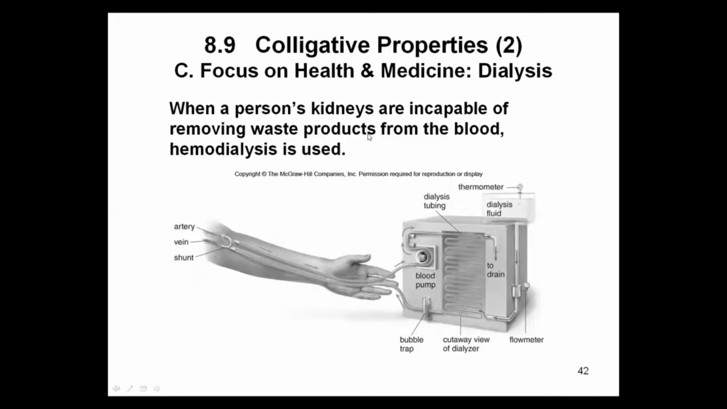When a person's kidneys are incapable of doing that, then they obviously go through a process known as dialysis, where a machine does that for you. So that filters out the waste products, if you will, and then puts the blood back in. As you can see, it goes out, goes through the machine, does the dialysis part for you, gets rid of the waste products, and then it goes back into your system. All right, any questions on any of those things there? That should wrap chapter